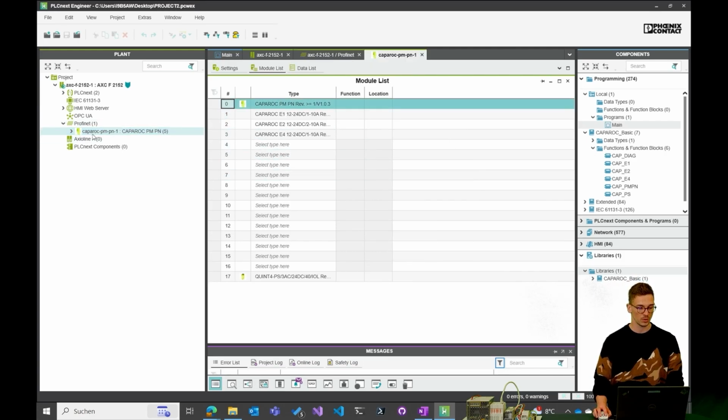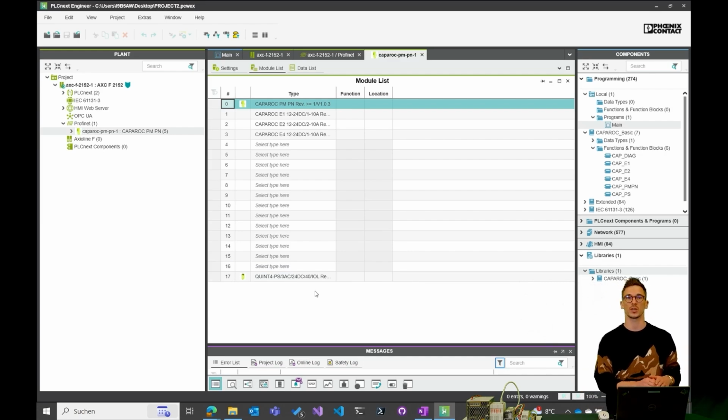We can now go here into our Profinet device, and then we will see the different subslots that you can use with this device. So subslot 0 is always reserved for the PMPN device itself, and then you have subslot 1 until subslot 16 for your circuit breakers.